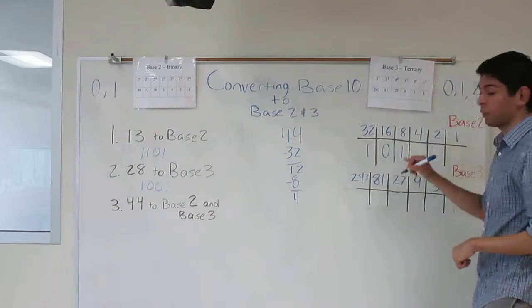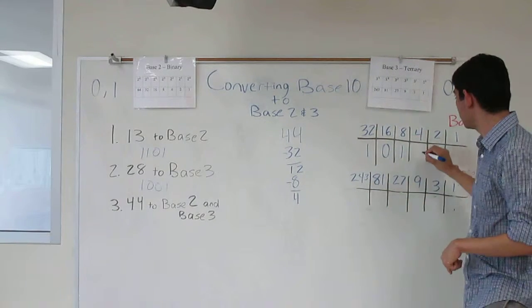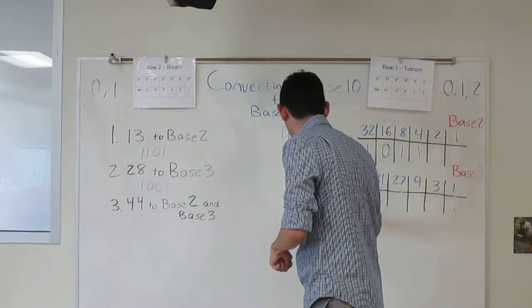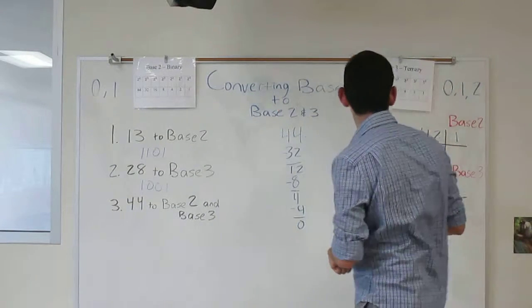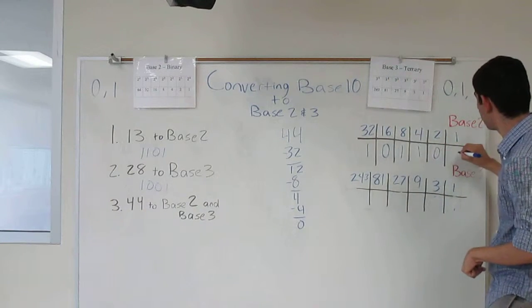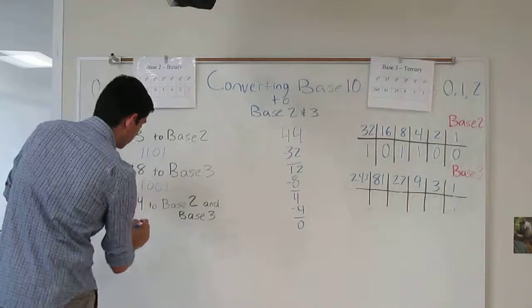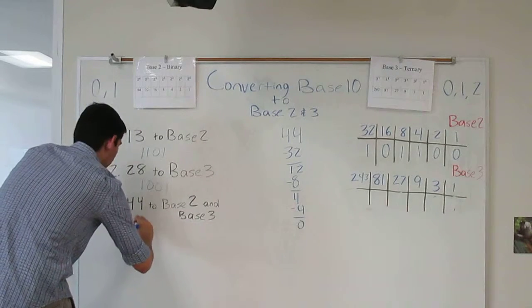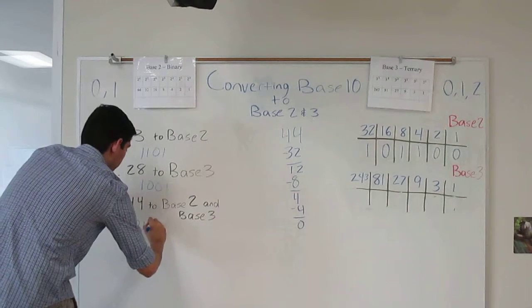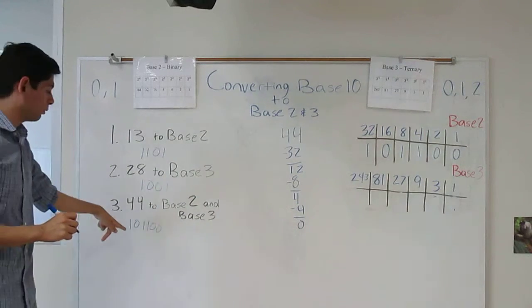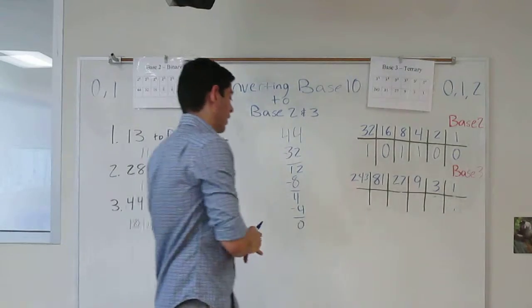Now we notice that 4 fits into 4 one time. Place it there. And that gives us a remainder of 0. So we'll come over and just place zeros on the place values that we did not use. So our last step, just put down our answer, which is 1, 0, 1, 1, 0, 0. 44 converted to base 2 will be this for you. Now our last step